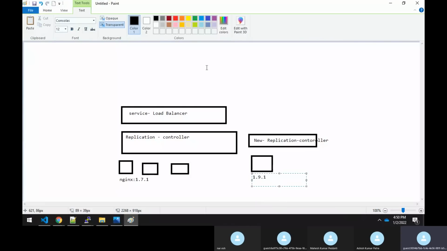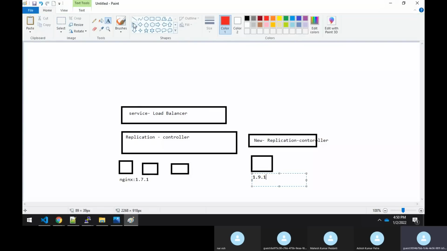Once this is created, it will remove one pod from the older controller.